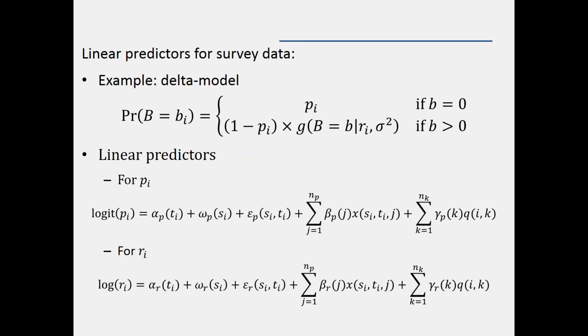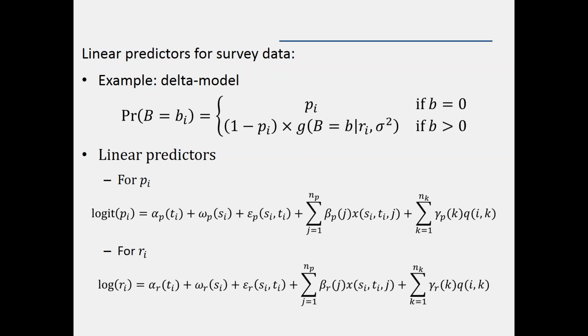So, the difference being that this line, b greater than 0, is a real number and encompasses all real numbers, whereas in the previous notation I was saying that the catch c had to be a positive integer. But yes, this delta model has a P sub i, the encounter probability, and the R sub i, or the